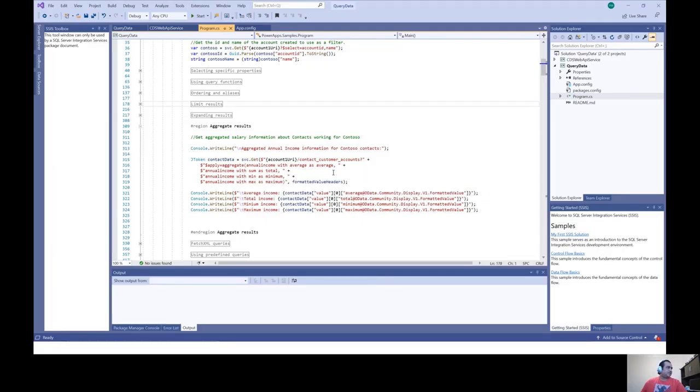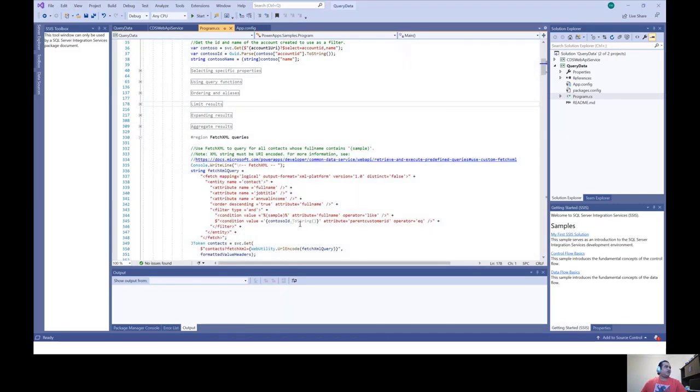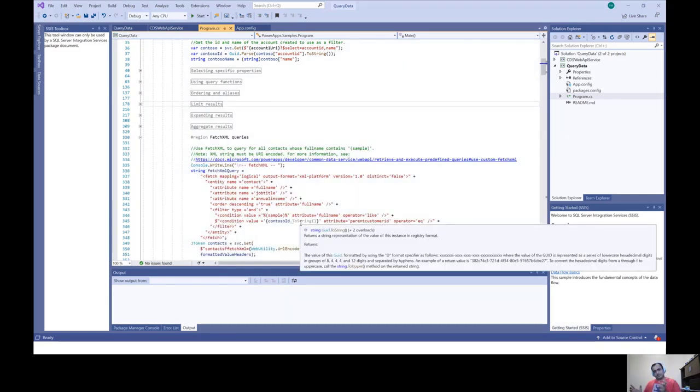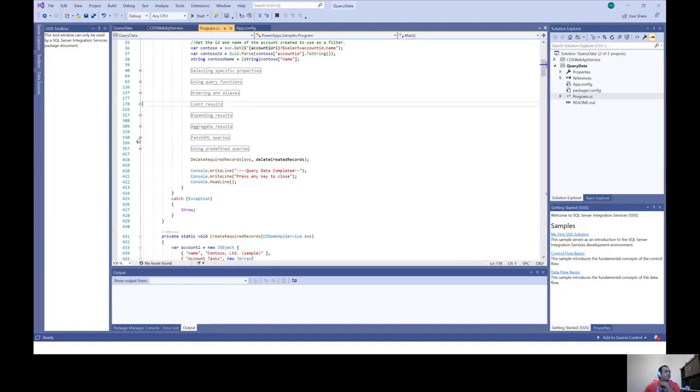In my query, I can do FetchXML. If I want to pass a query instead of using just the expand operation, sometimes you may need this for some scenarios, and we have open source tools in the XRM tools that will generate this using a UI. It's called Fetch XML Builder.